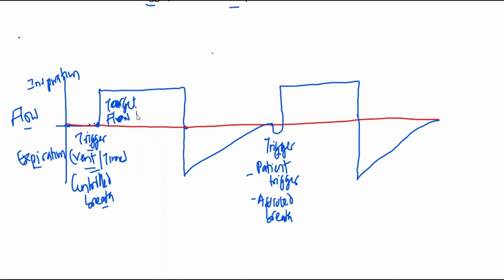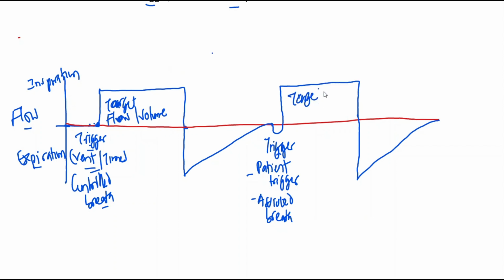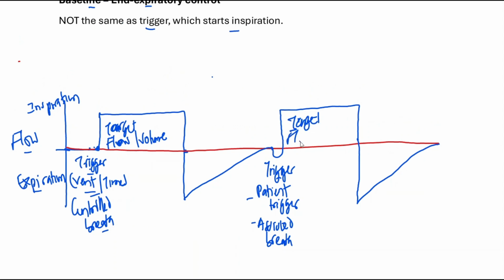Which is also the same thing as volume. Remember, flow target is how the breath is being delivered. This is an example whereby you have a set tidal volume that is being delivered, right? And what varies is going to be the pressure. The pressure is going to vary from one breath to another breath, depending on the patient's lung mechanics. And of course, this is also going to be our target here, which is also going to be flow. Right? And moving on to the next one, which is going to be